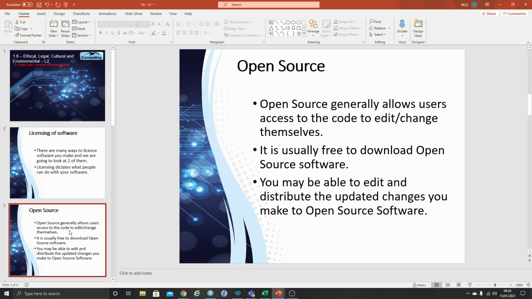Now, basically, the whole idea of open source is that generally it's completely free. By open, it means you can see it. So what you can actually do with open source software is download the code, so you can even see how the program was made. The idea behind open source is to have people write their own add-ons to it, have people improve the code. So two famous pieces of open source software: Blender, which I will quickly show you here,